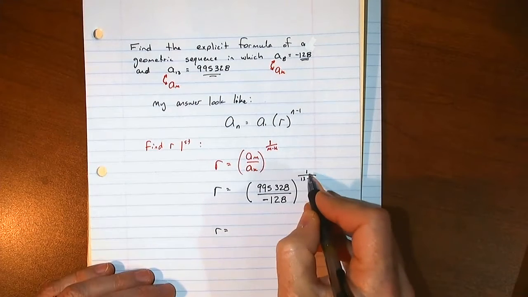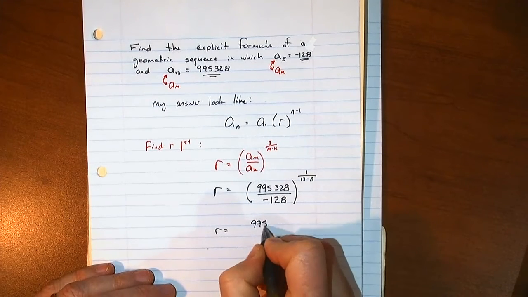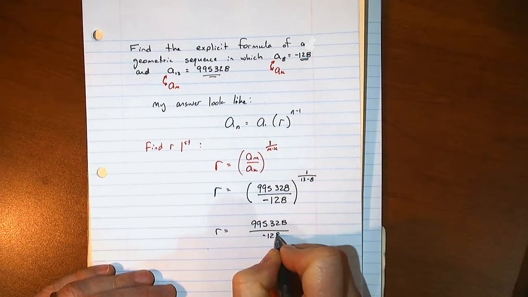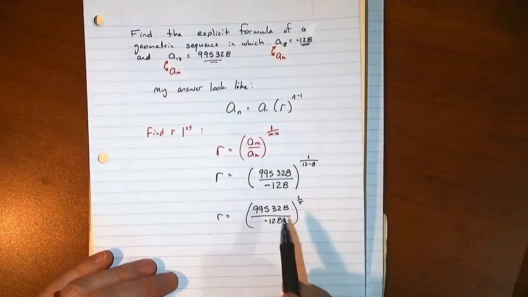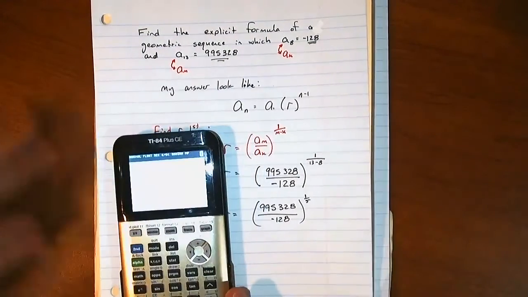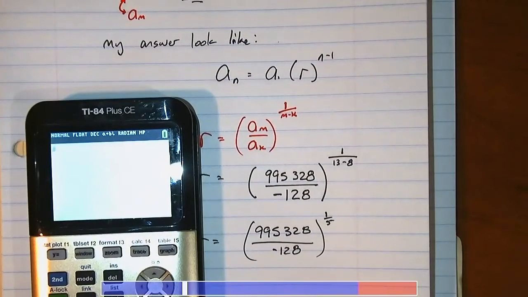But I need to simplify my fraction first. So 13 minus 8, that one I do know. 13 minus 8 is equal to 5. So in the fraction in my exponents, I'm having a 1 over 5. And now this I'm going to type into my calculator because I definitely don't know what that one is. So with a little help of my calculator, I've got this